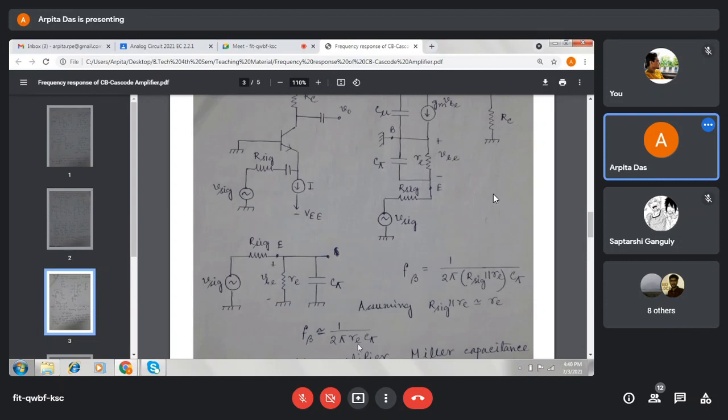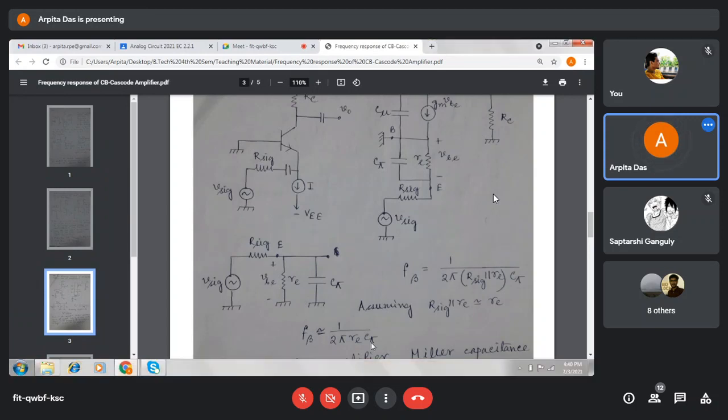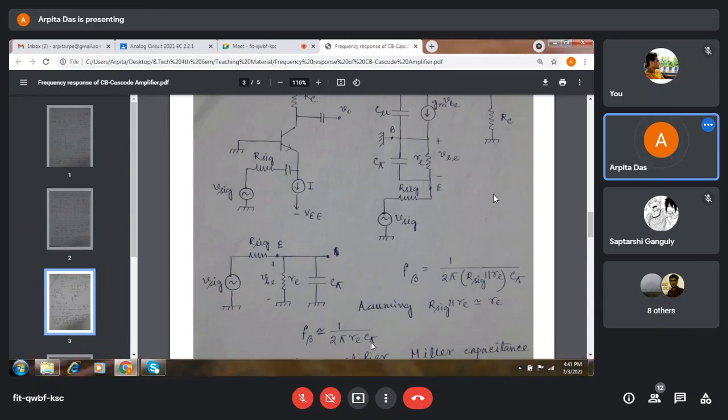Now notice here, the value of r_e is very small. We know it. And here, the value of C_pi is of the order of picofarad. And the major concern is that here C_M, the Miller capacitance, has not appeared. As it has not appeared, then what will happen? Miller capacitance is gain times C_mu. It was already discussed in the previous class. C_M, the Miller capacitance, is gain times, meaning the gain of the amplifier into the value of C_mu.